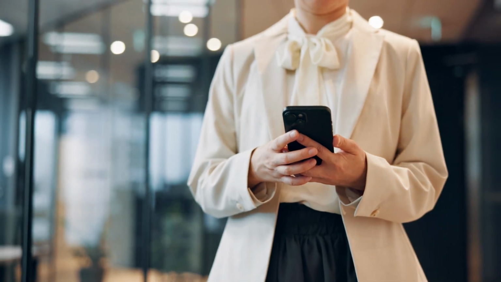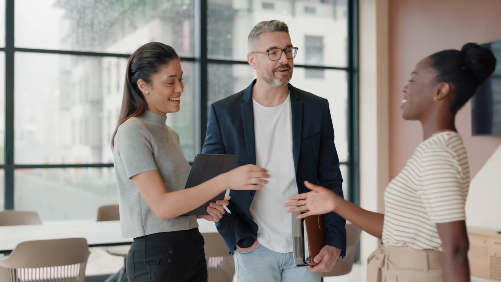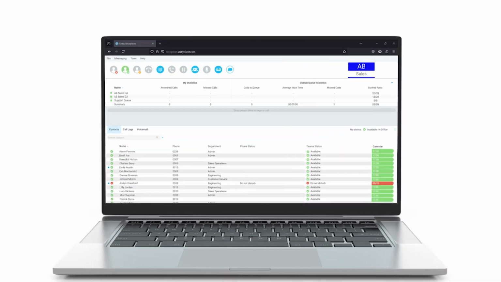For the modern customer, first impressions mean everything. And your front desk is the gateway to your business. And to make sure every interaction counts and leaves a lasting impression every time, you need Unity Reception Web,